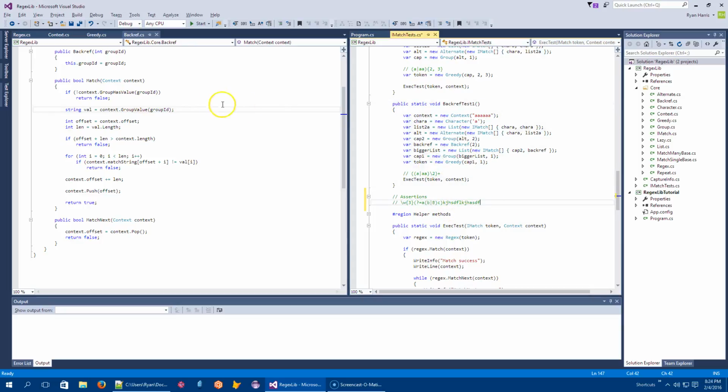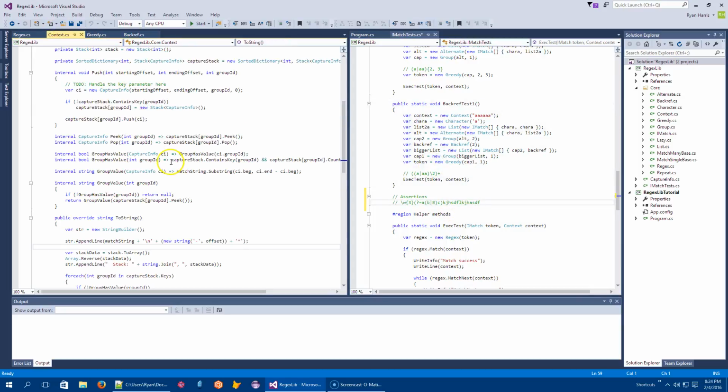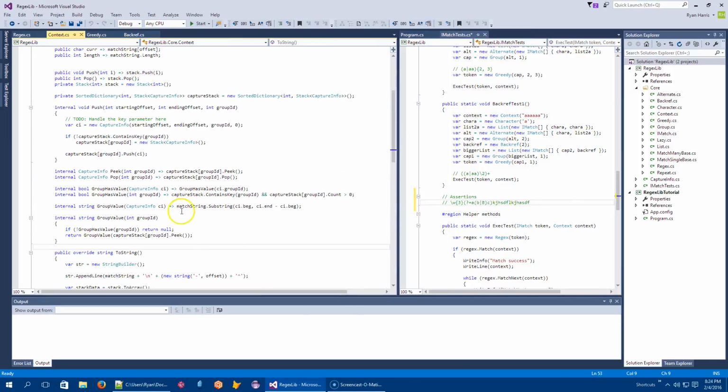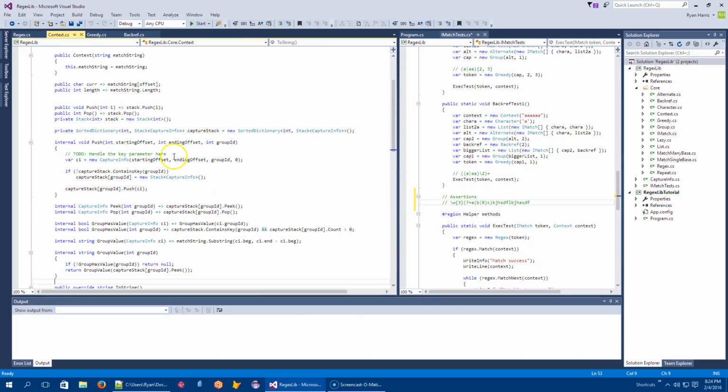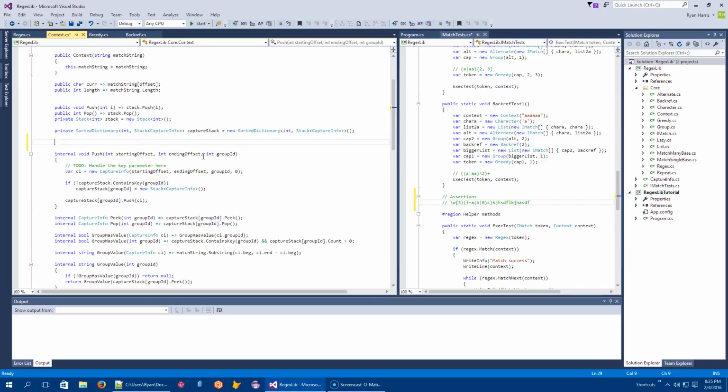So before we do the new item, we need to move back to our context and add some features. Okay, let me try and find it. Handle the key parameter here. When we push a new capture group onto the appropriate stack here, I'm going to keep track of a key that just forever increases by 1. So let me first do the following.